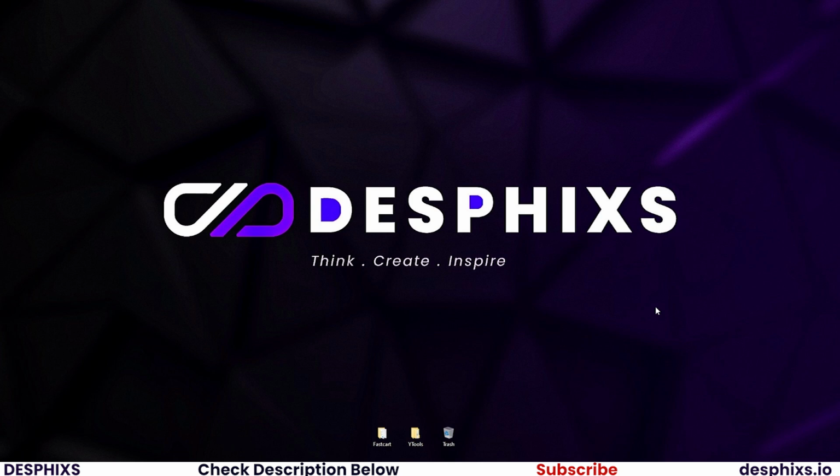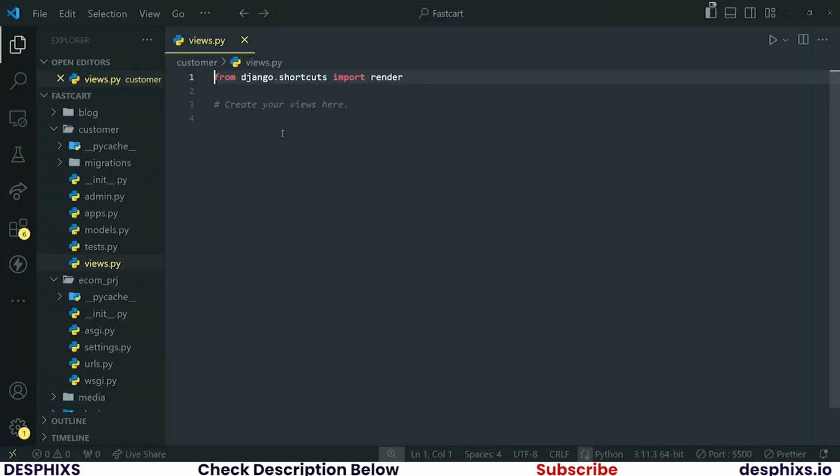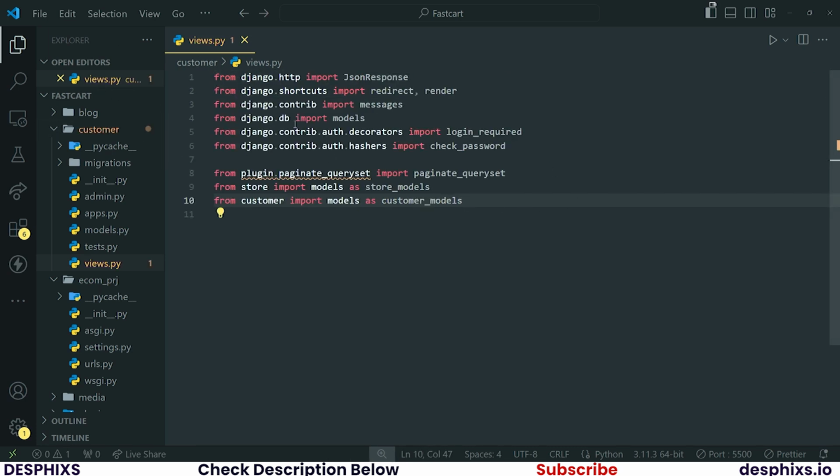Without any further ado, let's get started. The first thing I want you to do is open up your code editor, and come over to the customer views.py, and down here we just need to go ahead and import a couple of things. I already have some of this in my clipboard from before I started the video, so I will just paste, and you can see this is just what I have. The only thing I don't have now is the query set pagination function, so I will comment it out just for now. Okay, so after importing all this, you could pause the video and import all this,